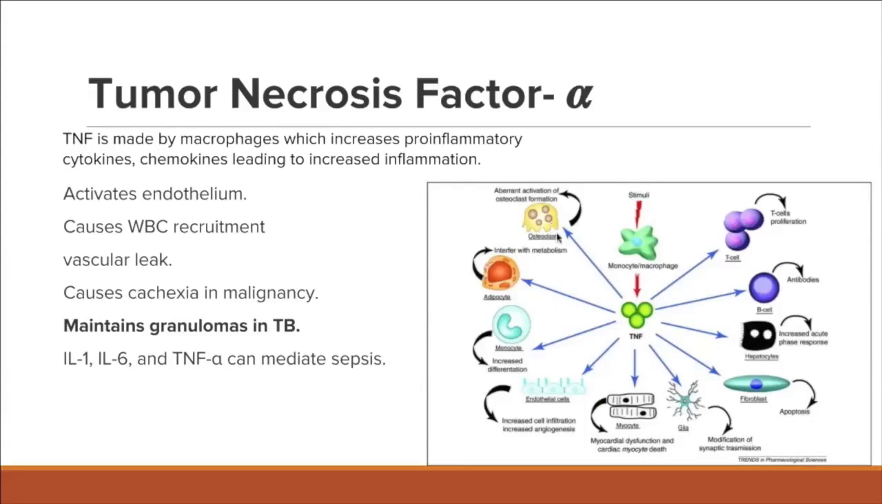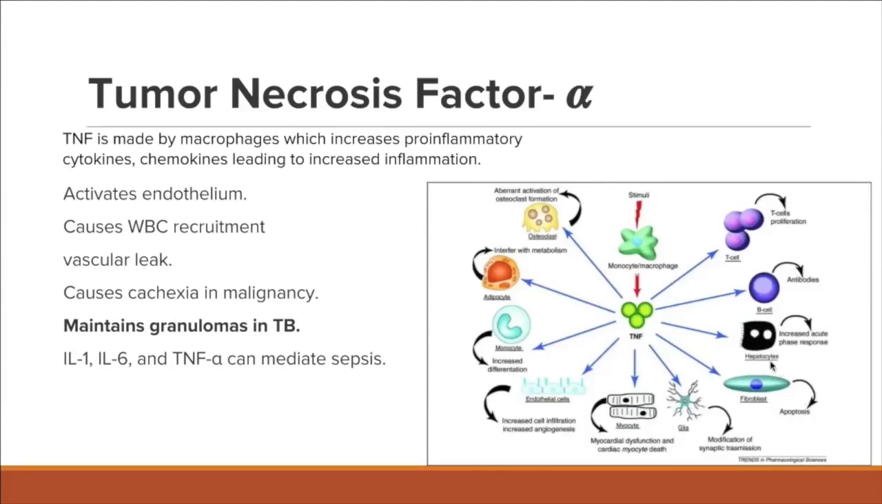a lot of inflammation. Also, it affects adipocytes, which interfere with their metabolism, also affects monocytes, which increases their differentiation, and also causes endothelial cells to increase cell infiltration and increase angiogenesis, which is formation of new blood vessels. It also has effects on myocytes, which is in the cardiac muscles, which leads to myocardial dysfunction, cardiac myocyte death. It also has effects on glial cells, which causes modification of synaptic transmission, and also effects on fibroblasts, which leads